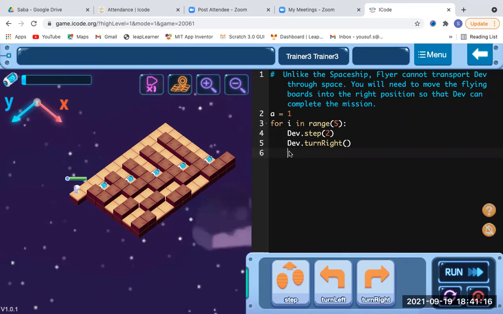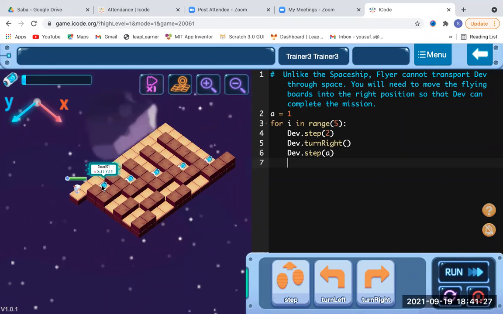So now we have Dave step would be like A. Okay, and then what we have to do, look, once it reaches over here, he needs to come back, and once he needs to come back, he should use minus position.